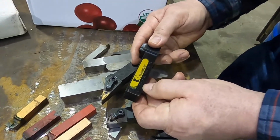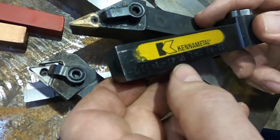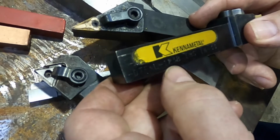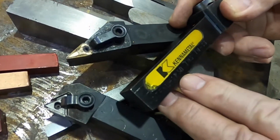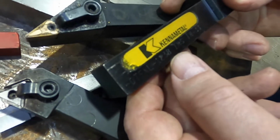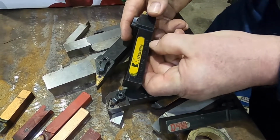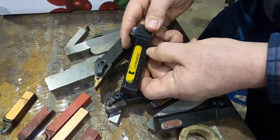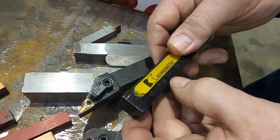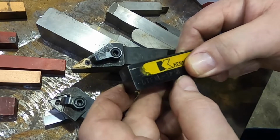Also on here, if we look further in our numbering, this is negative, it's left-handed, 1, 2, 3B. I don't know what all these are about, but I know that the letter, 1, 2, okay, this is a 12, so that is the 3/4. And the third, this is the point I do know actually, the 12 and the 3. I'm not sure why the B, but I've seen a B on a lot of them, and I've come to the conclusion that the 3 is the number 3 inscribed circle for the insert. Oh, yeah, okay. Because this is the designation, this is the insert it fits, and it says INS, insert TN33. So that part is just specifically describing the insert. This is the call-out number for this holder,